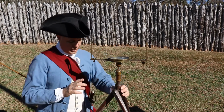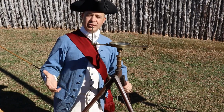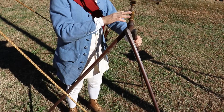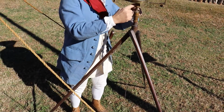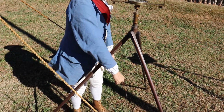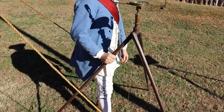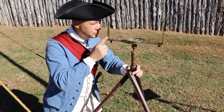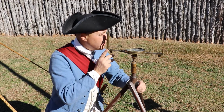At any rate, you'll notice I have coming down here a plumb bob. Now, we were talking about the accuracy of surveys and everything. Very, very important, because when you start your measurements from this compass, you want to make sure that you're starting from the center of where the needle is, and gravity is taking this plumb bob and dropping it right to the center of the tripod. Right? So all my measurements will be taken from where this plumb bob basically touches the ground in terms of distance. Now what I want to do is look through here and I sight my vanes up with a prominent